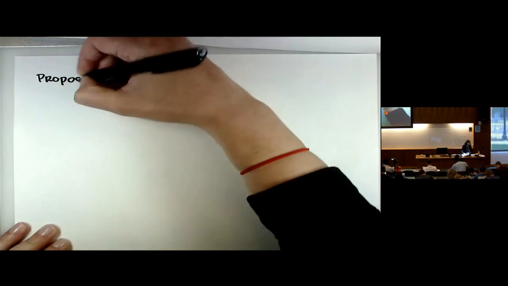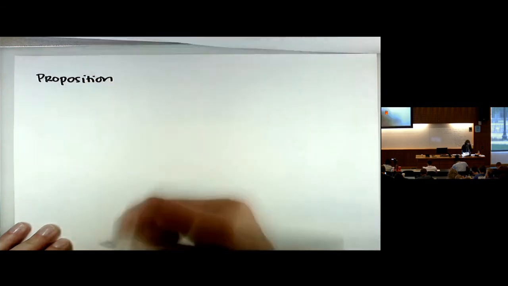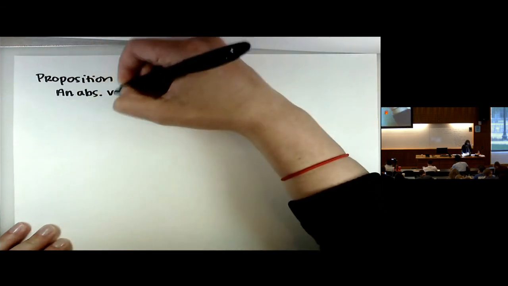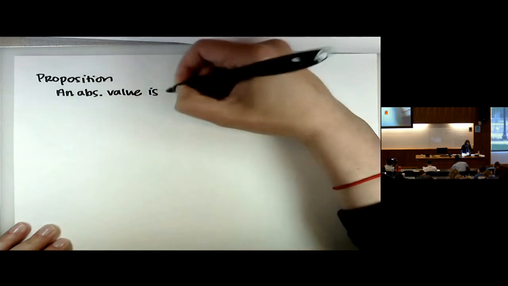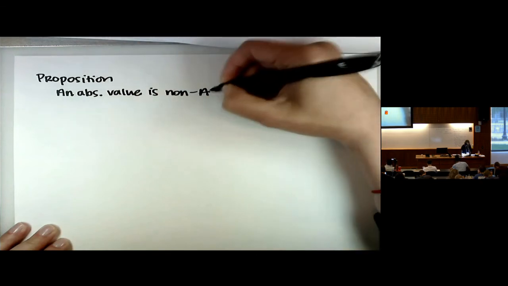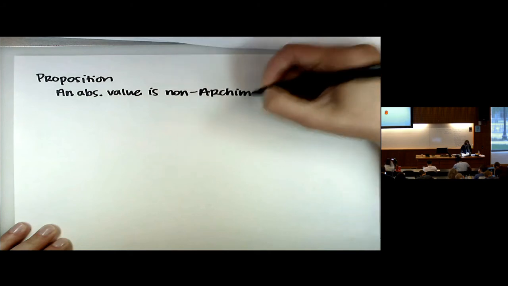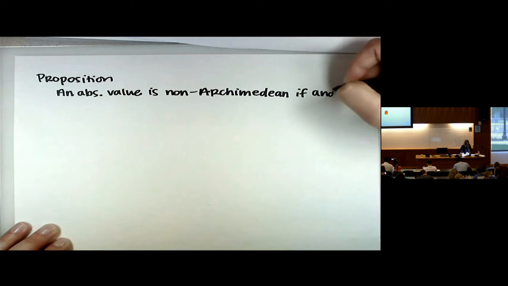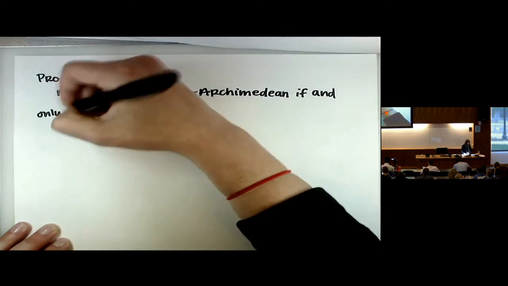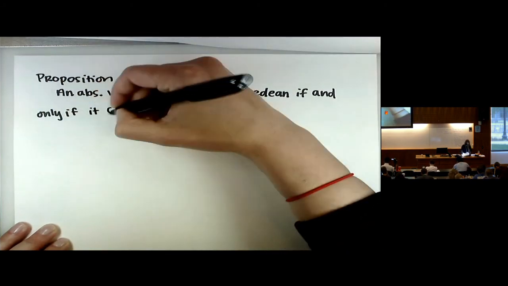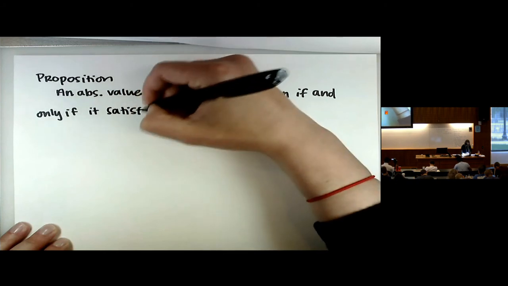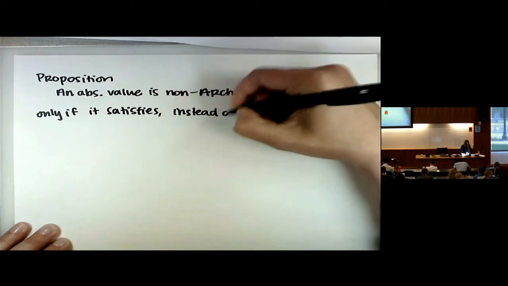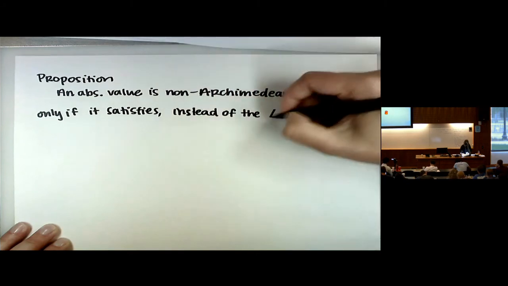Proposition: an absolute value is non-Archimedean if and only if it satisfies, instead of the triangle inequality,